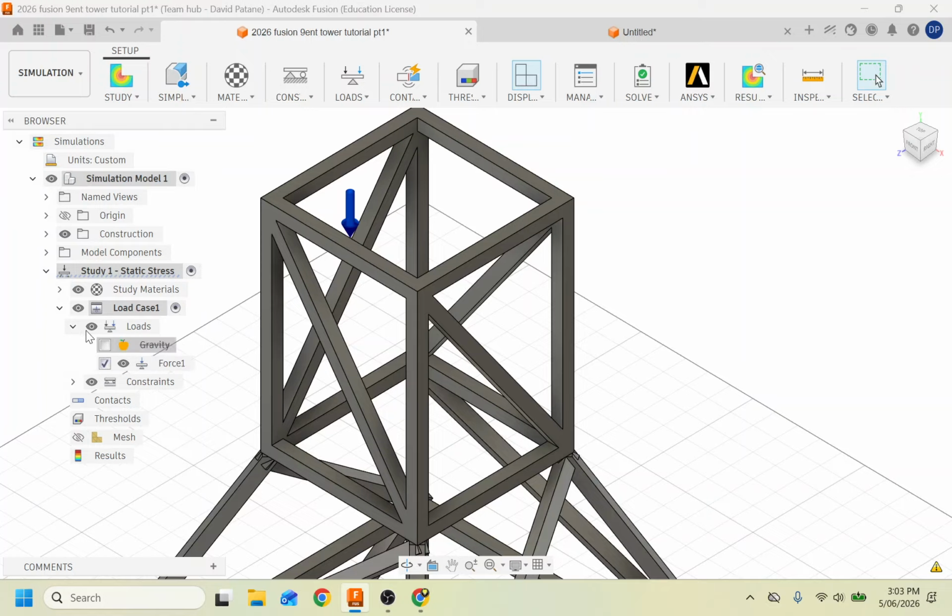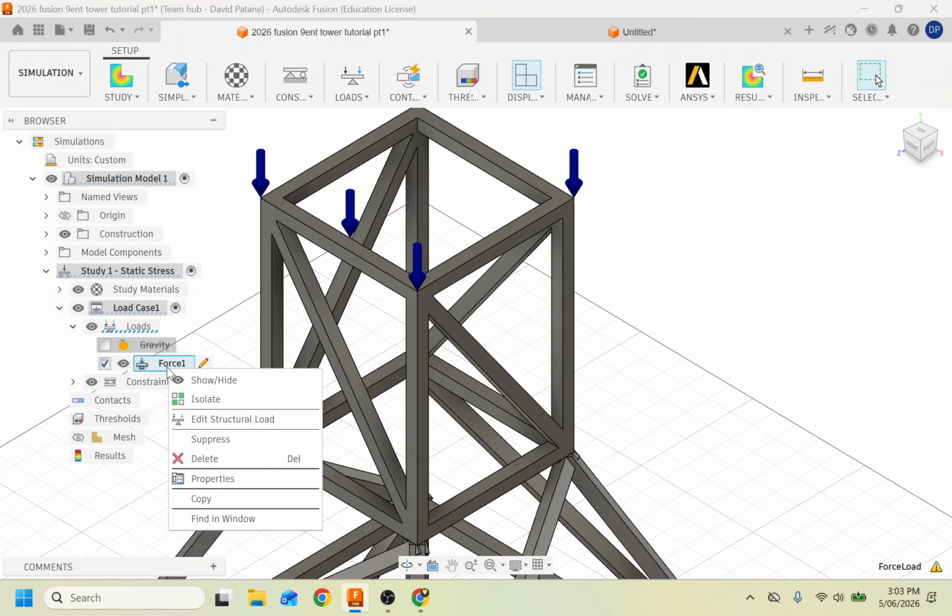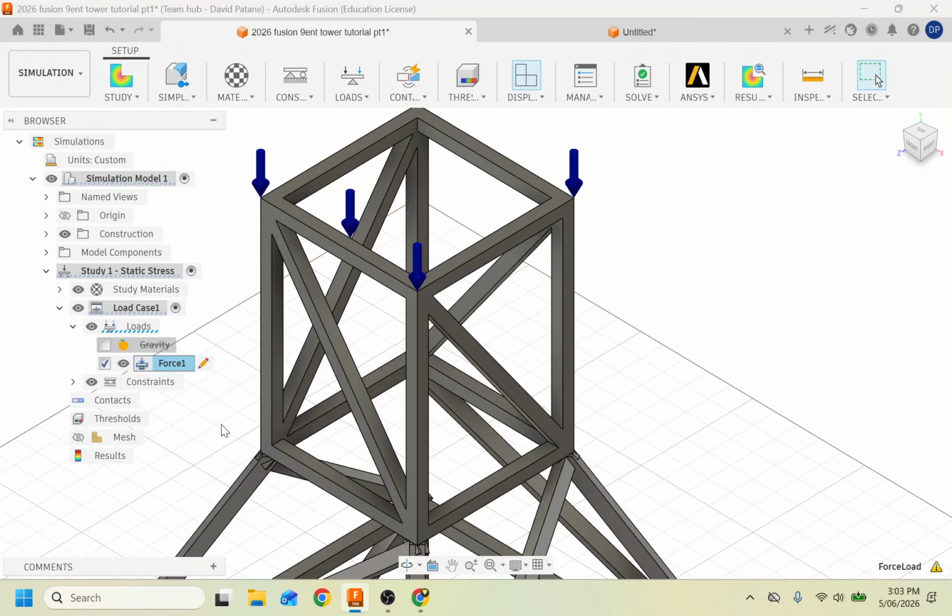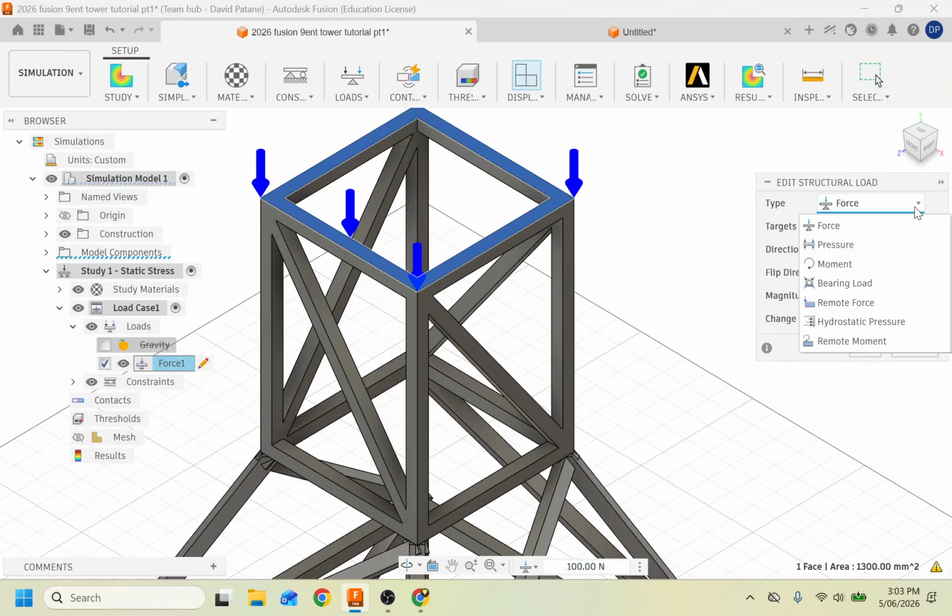We don't want that load over here. Force, right click, edit the structural load. Instead of a force, when I described how the tower got tested, do you remember how we're actually testing the tower? What is it actually doing to our tower? It's not providing a force to our tower. We had that rod, and what's the rod doing to our tower? Yeah, it's squishing our tower. So we can actually tell it, we can say, oh, actually,